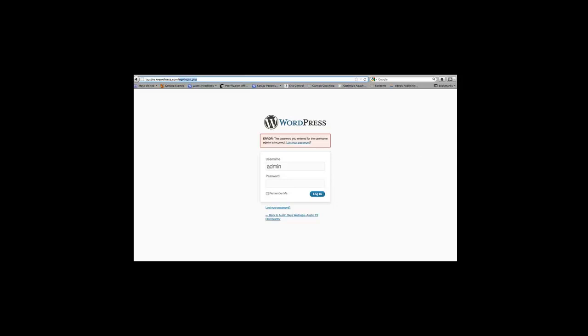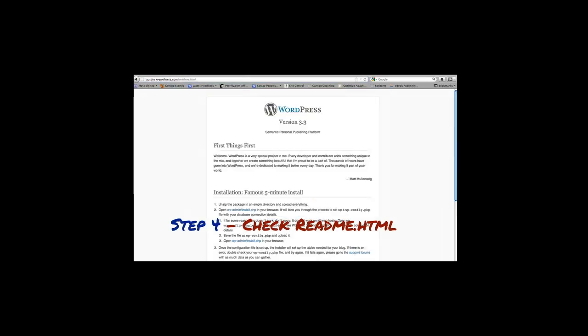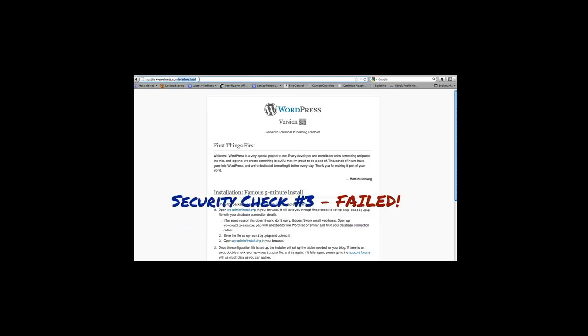So let's just run another test. Okay, readme.html. Let's see if this is left. So it's on 3.3. They've left this readme.html. The reason why you don't want to leave this file, you want to delete this file after you've updated WordPress, and the reason is